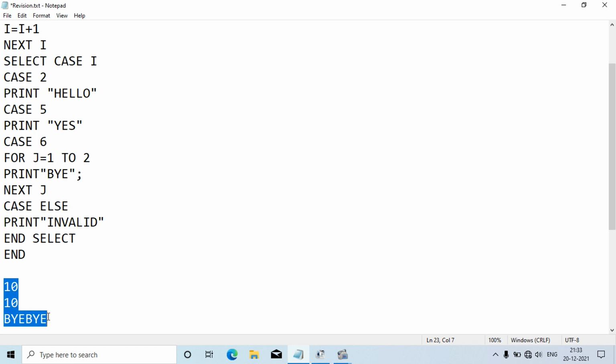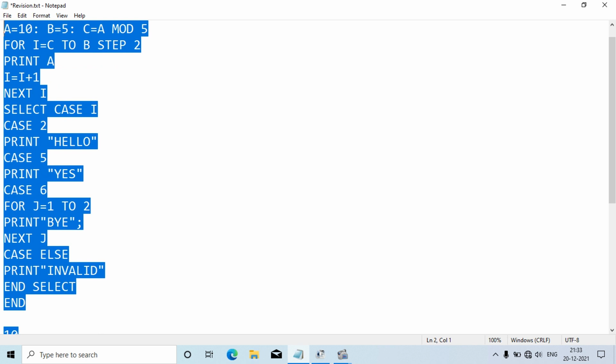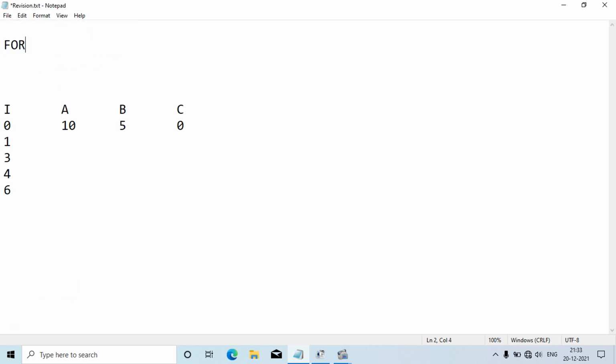Okay, now next, if I use a nested loop, like suppose if I write, okay, I need to run the whole thing, otherwise it will be confusing. For I equal to 1 to 5.